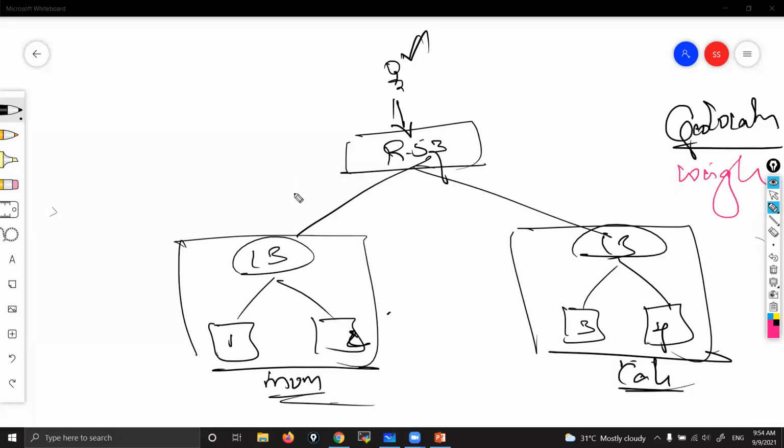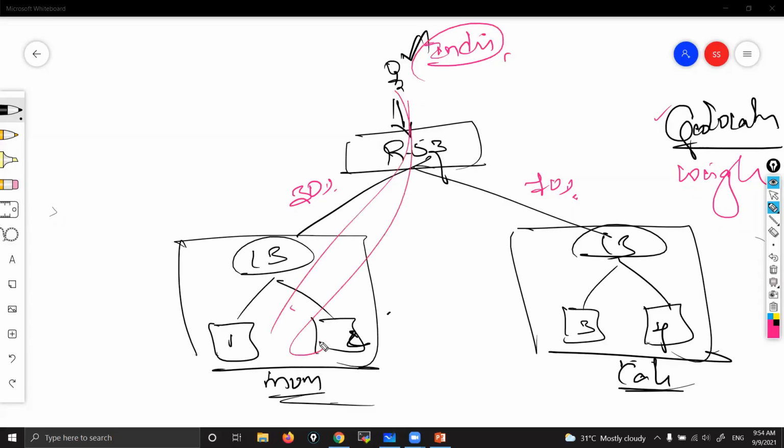Weighted means here I'm giving 30 weightage, here 70 weightage. The user is from India, and you are configuring geolocation also. One side you are saying that his request should come to India only. Suppose all customers, 100% of customers, are from India. So as per geolocation, all requests should come to Mumbai only. But you are giving weightage also. Again, you are saying that 70% should go to California also. There is a conflict, right? You can have any one, not all.